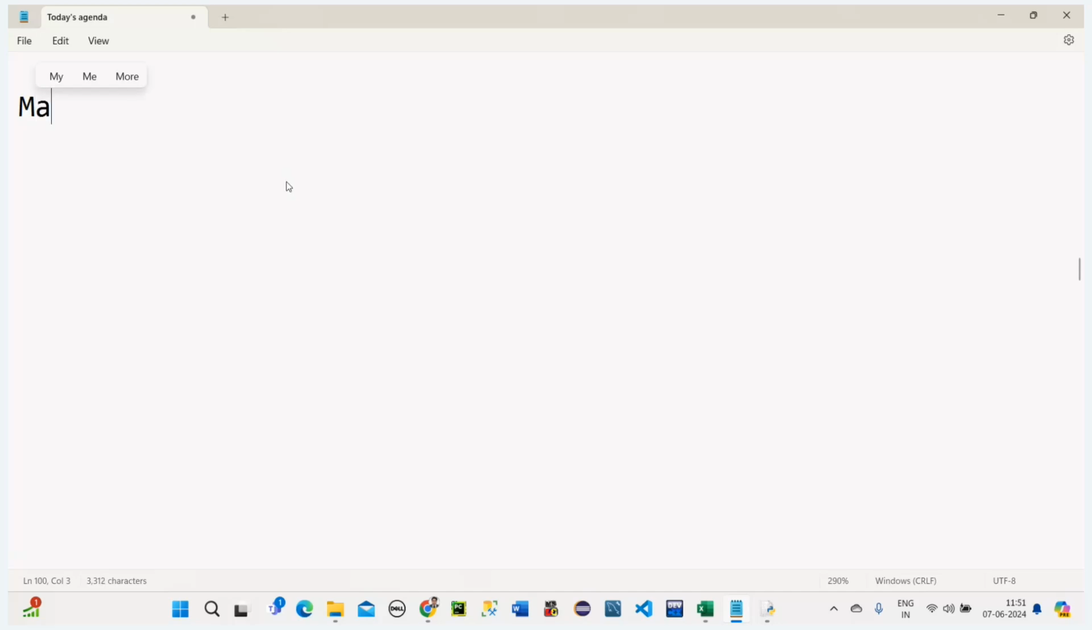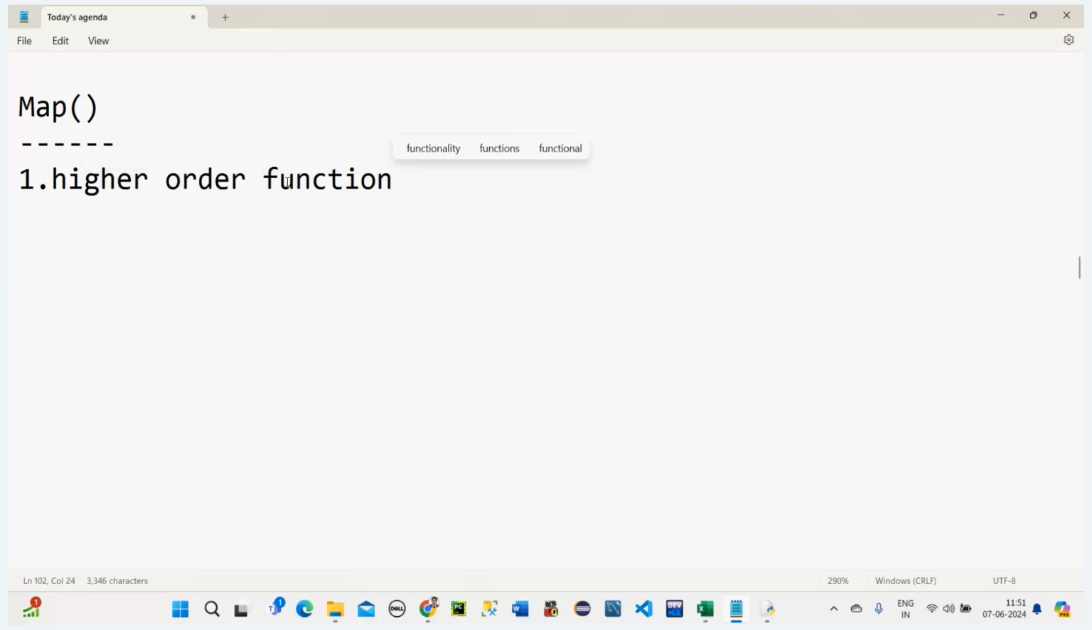Now map. What is the meaning of the map function? These all are higher order functions. So what is this map? First point, map is a higher order function. Now the second point is, map is a function